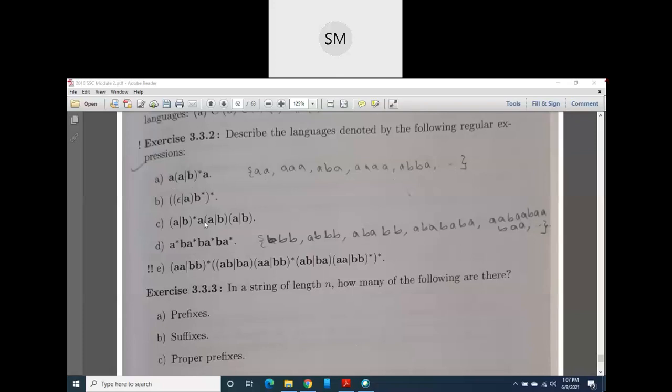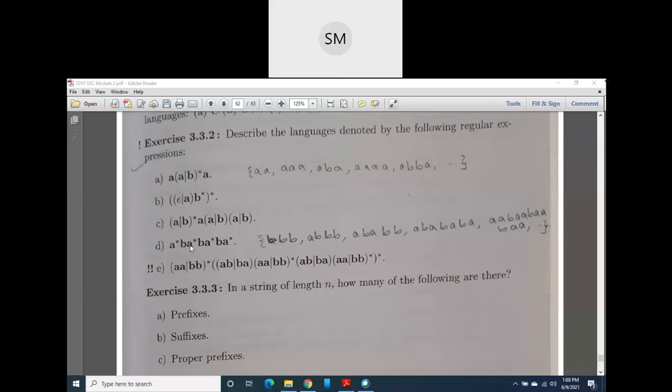So second and third are for your homework. Fourth I will tell you. Fifth again is homework for you. So fourth, how to write it? A star, what does it mean? 0 or more A's. It means your string may or may not begin with A, but next compulsorily there should be one B. It means that your string will compulsorily begin with B.